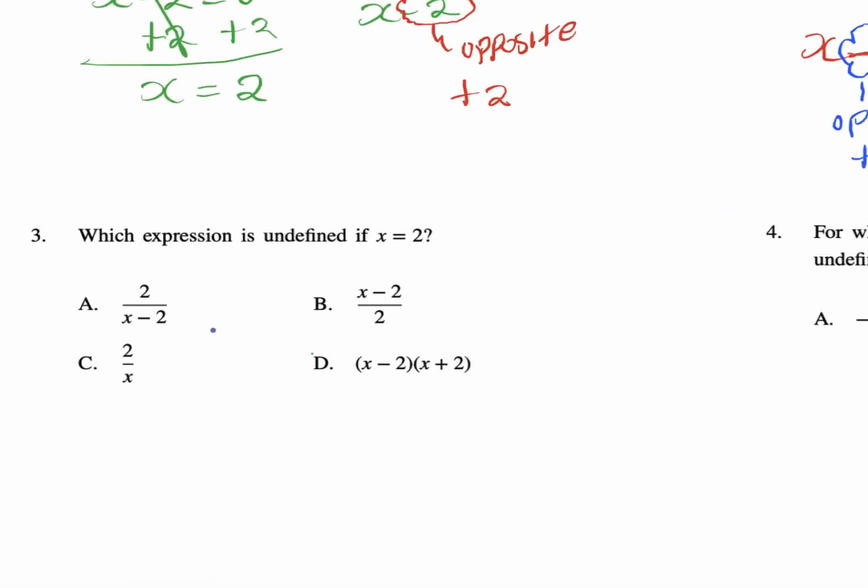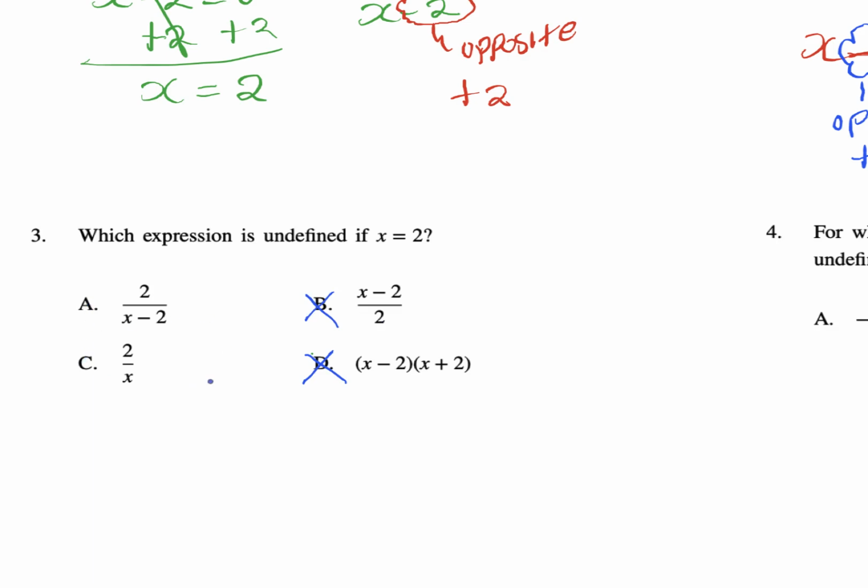So I like question 3 because it's worded a little bit different. It says, which expression is undefined if x equals 2? Now, in order for something to be undefined, it must be a fraction. So looking at my answers here, I notice D is not a fraction, so I can eliminate that. Also, if it's a fraction, the denominator must equal 0. Now, I notice that this equals 2. This is a 2 down here, so I can get rid of that, which means your answer is either A